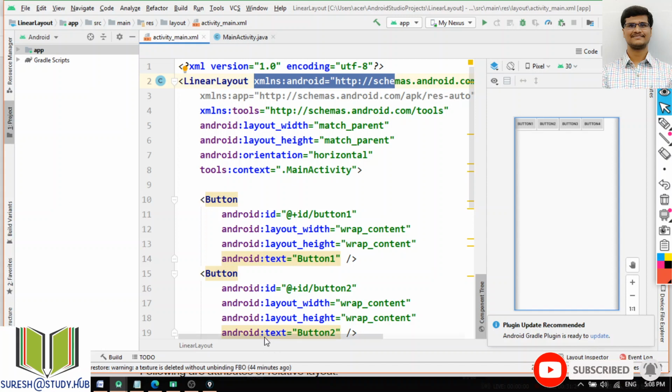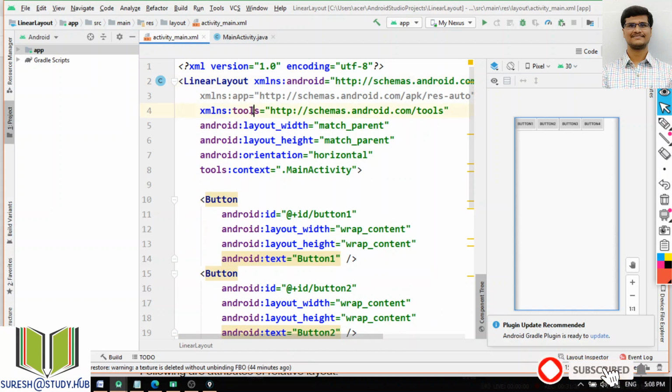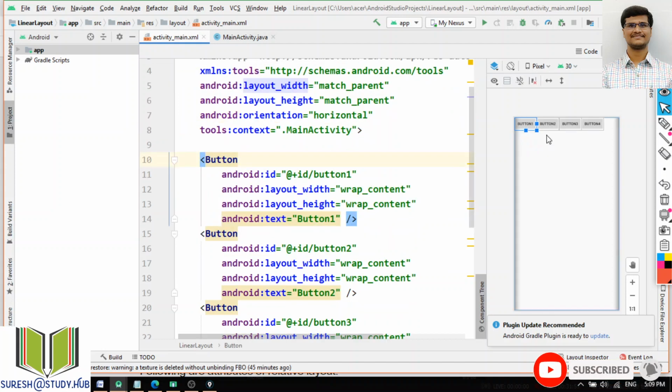Okay, this is about schemas, Android related everything, and these are the tools and layout width. So I have placed it as match_parent, or generally for width and height we will use either match_parent or wrap_content. Okay, so wrap_content is nothing but according to the contents. If it is button 1, then only for this button 1 text, how much area is required, that much only this button 1 will be created.